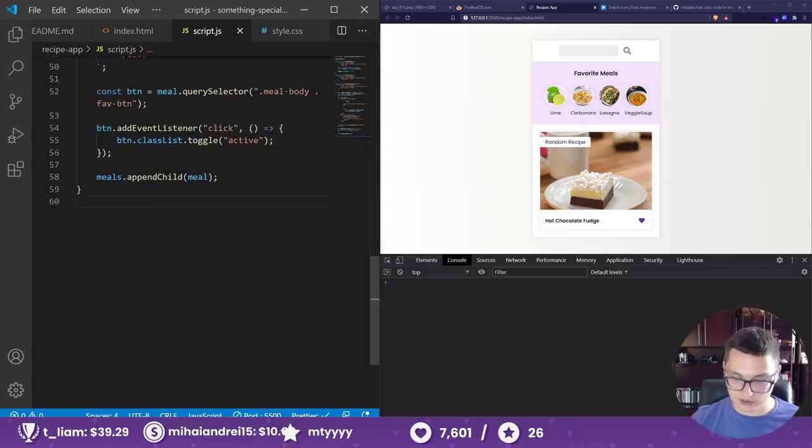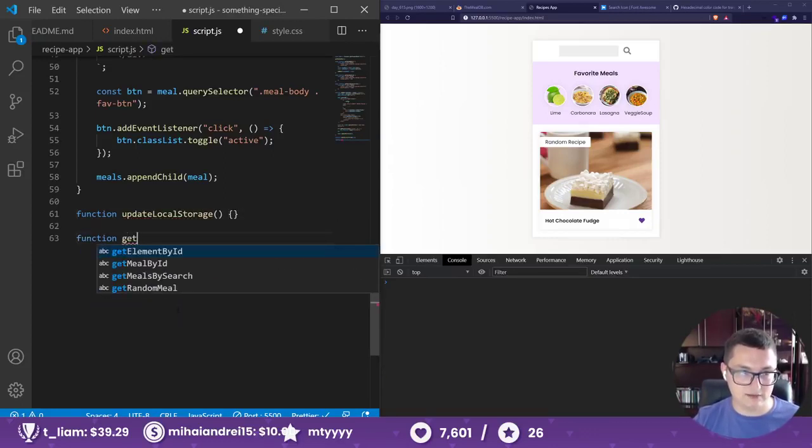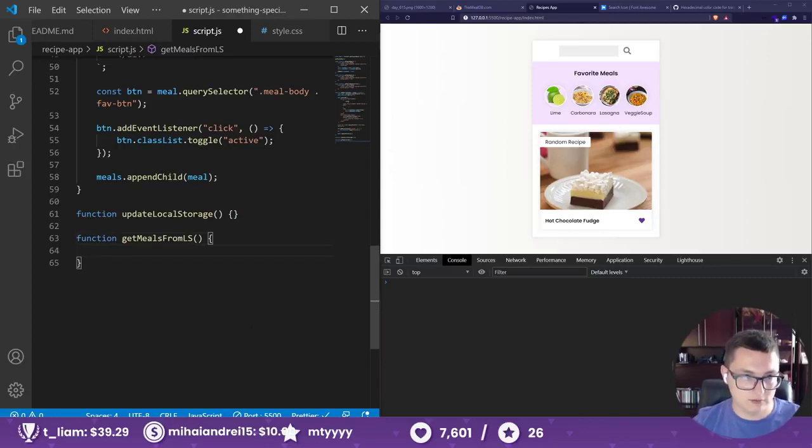So let's create two functions. Update local storage, function get meals from local storage. Add meal, wait, let's add meal to